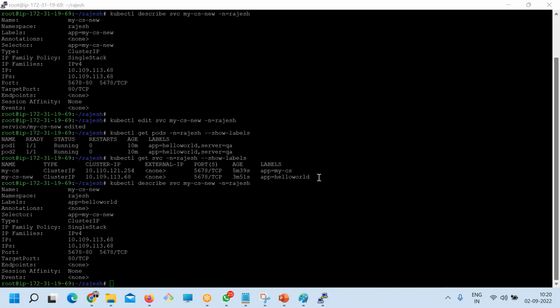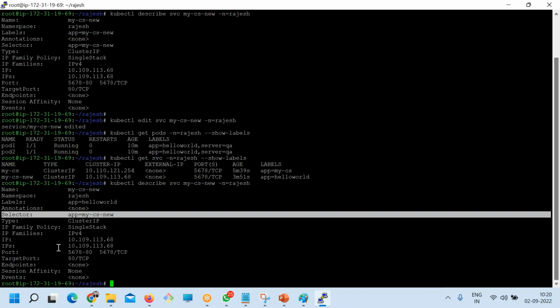I told you that if the labels of the pod match the labels of the service, then load balancing should happen, that means the service should load balance. But actually, the statement is, please hear me out and look at this one.